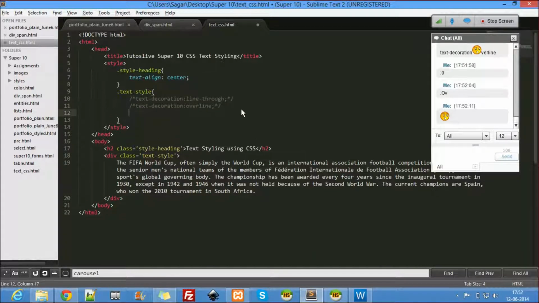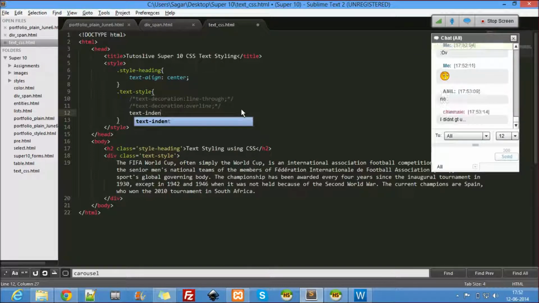Text indent. You did not get me? This line should start from here, but somehow I'm starting it from here. What is that process called? Okay, it's called indentation.